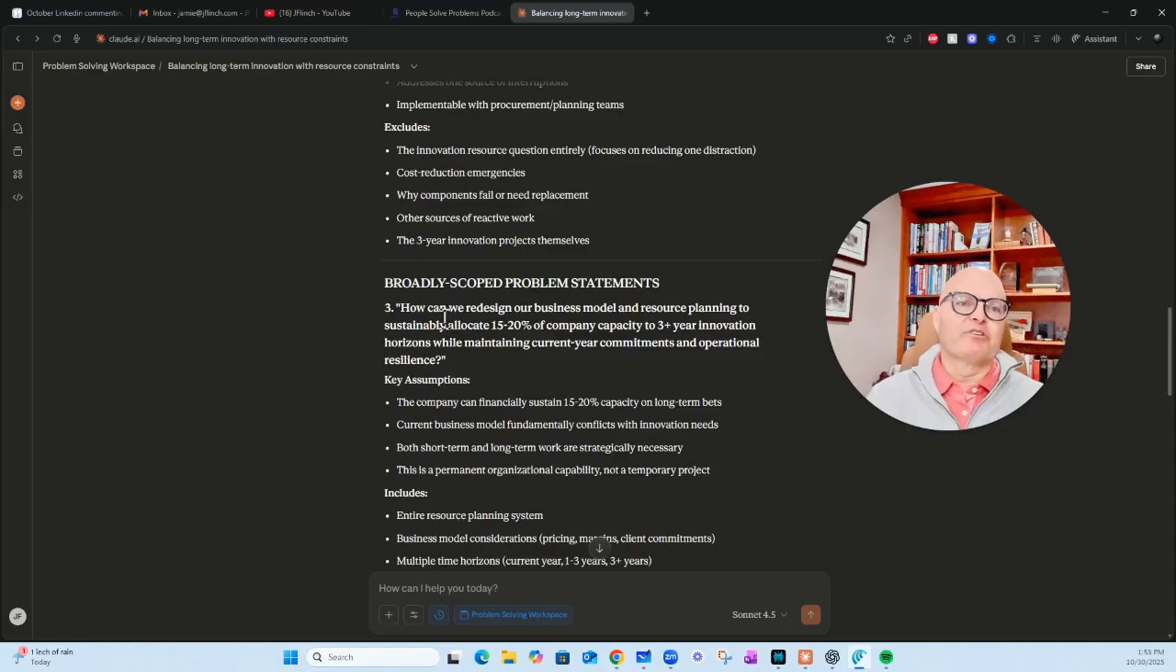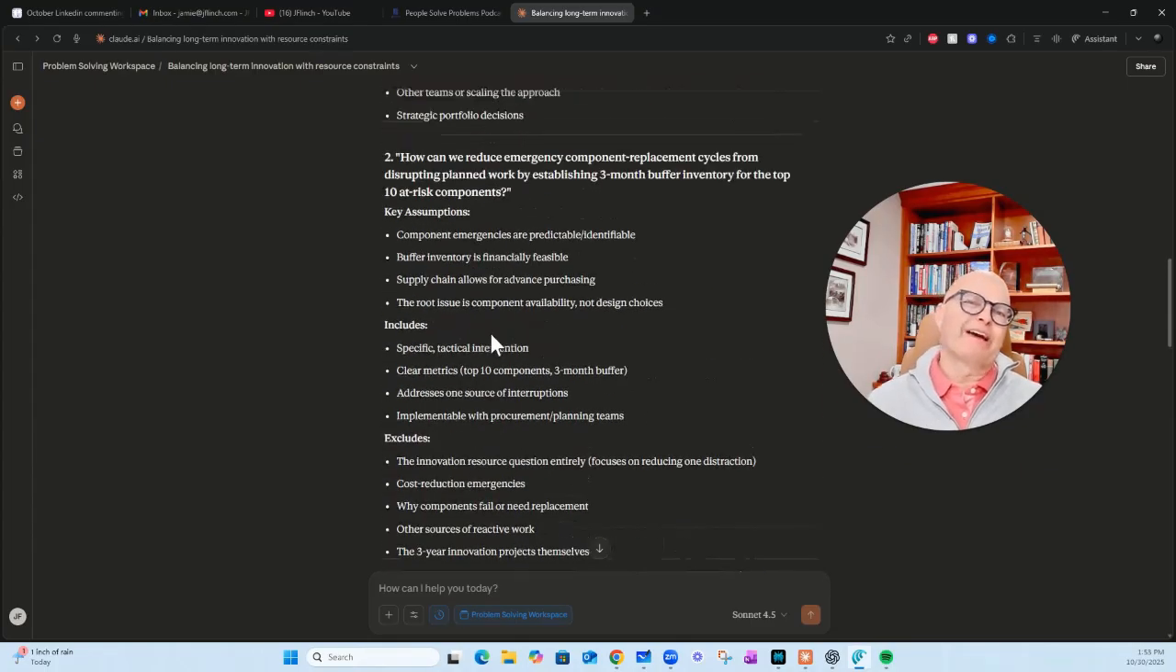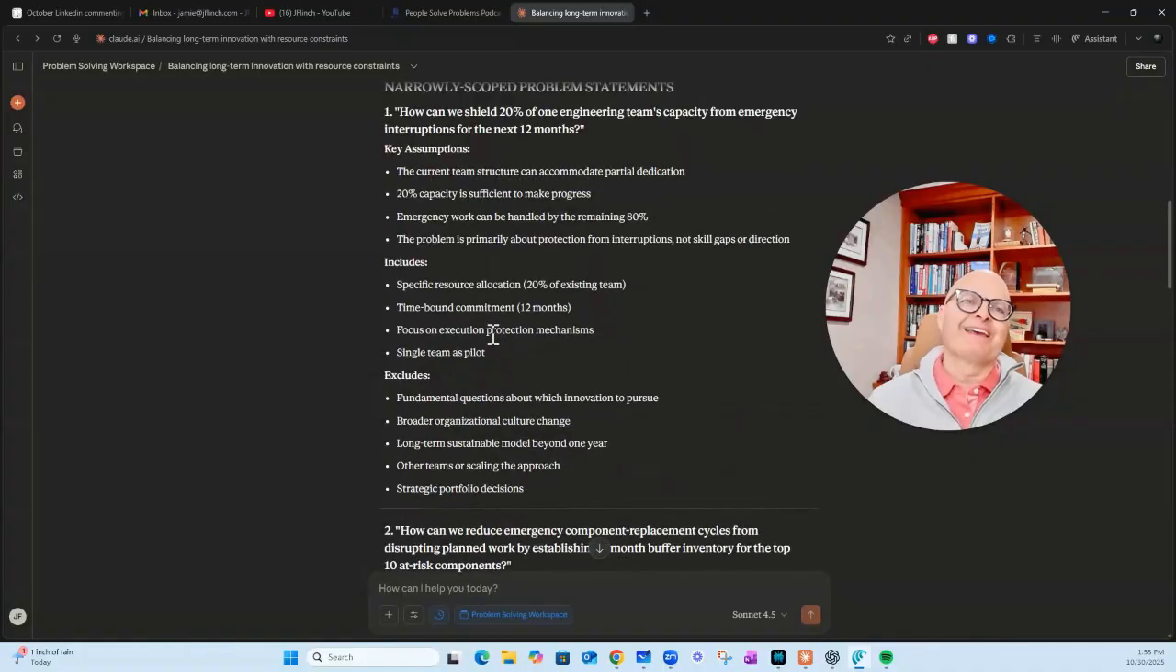How can we redesign our business model and resource planning to sustainably allocate 15 to 20% of company capacity to 3+ year innovation horizons while maintaining, etc.? So this is more probably where I want to head, right? If I want to go back to these, I might ask for, hey, focus less on emergency interruptions. That's just one constraint. It kind of hyper-focused on that, perhaps in how I described it,